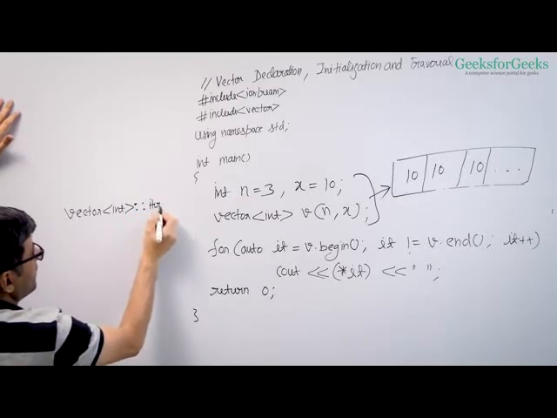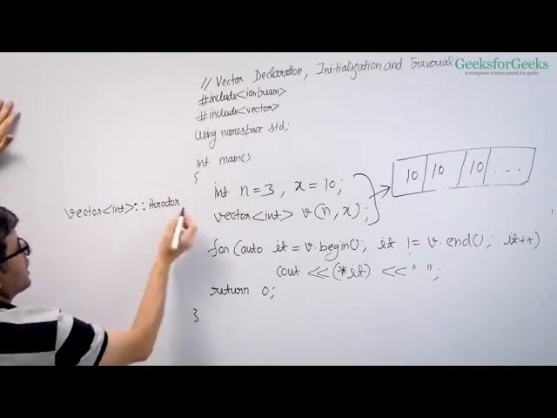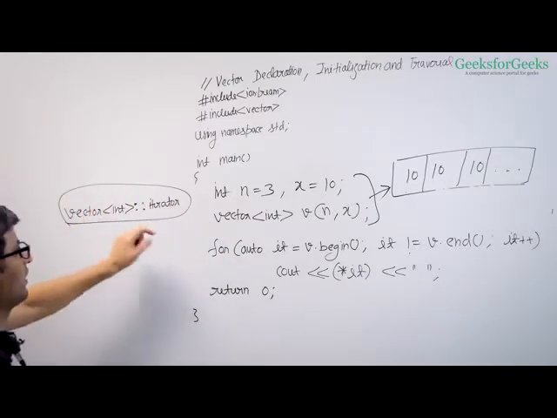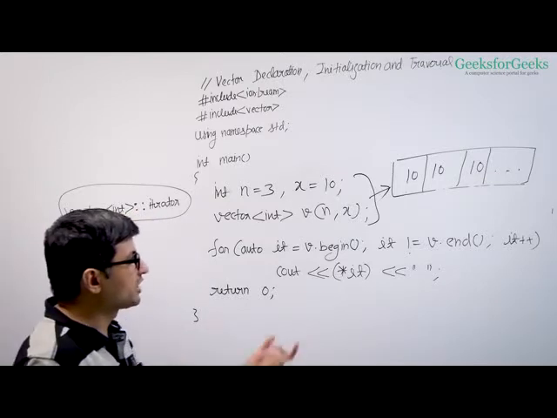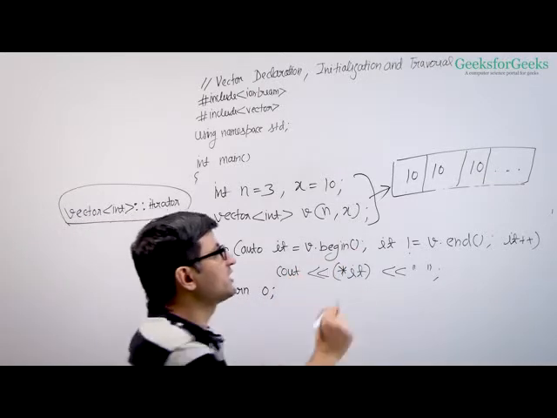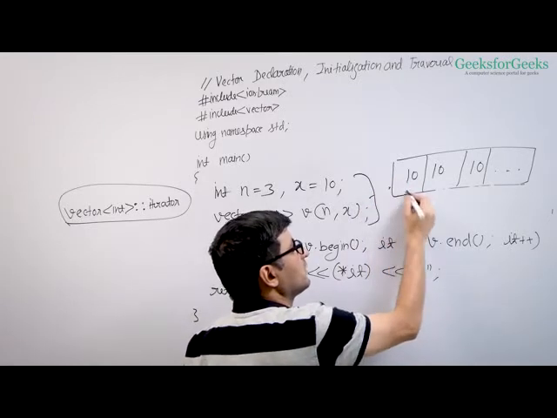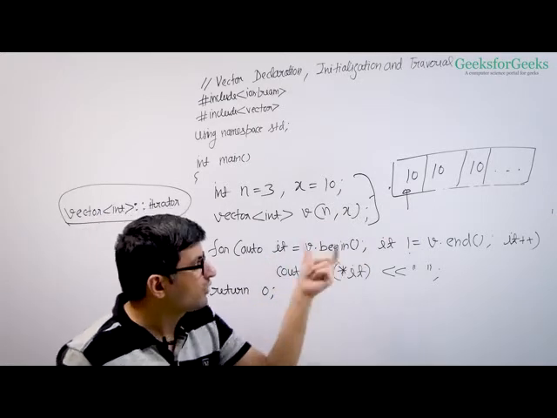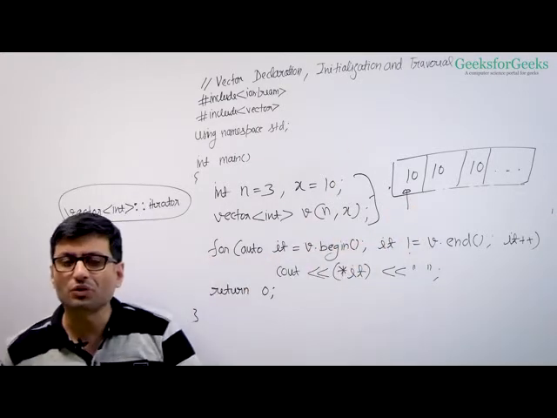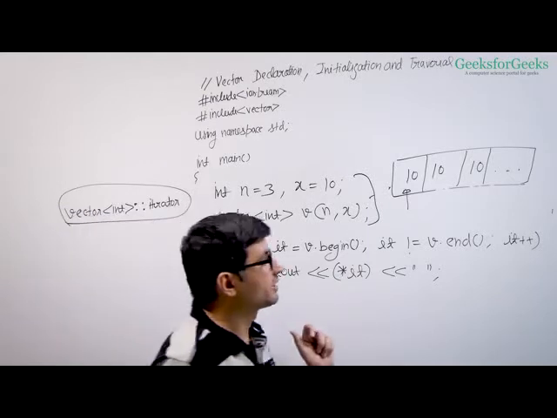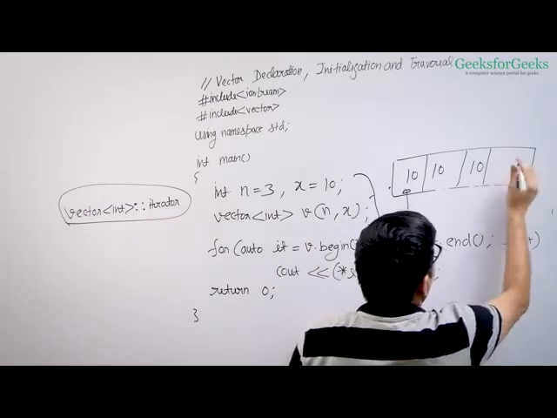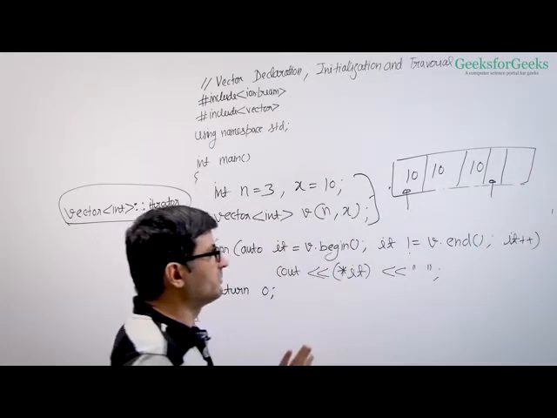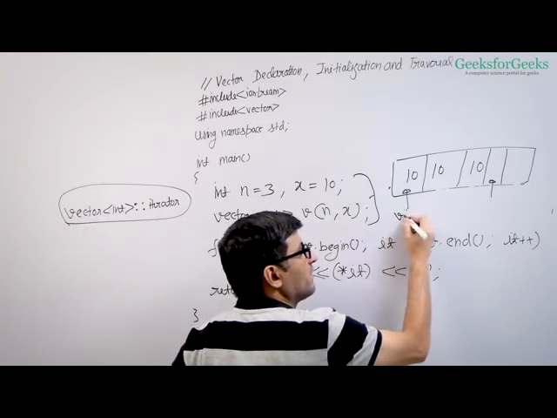iterator. This is the type. And this is nothing but an address to vector elements, right? An address to a vector element. So what does v.begin return? It returns the address of the first element, address of this element. Basically, it returns an iterator which is the address of this element. What does v.end return? End is interesting. Many people get it wrong. End returns the address just after the last element, not the last element. So this is what is returned by v.begin.